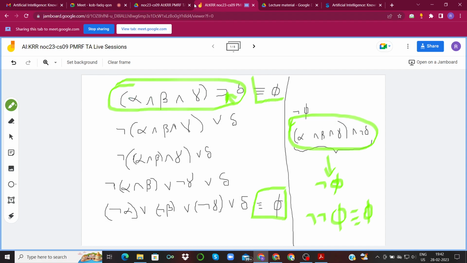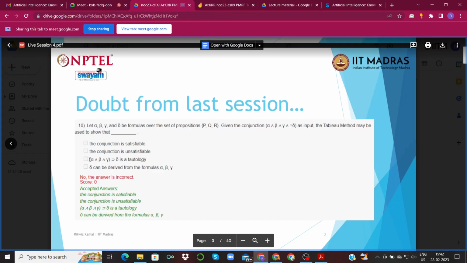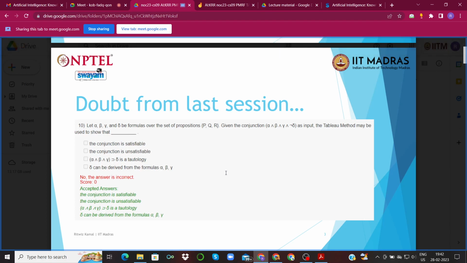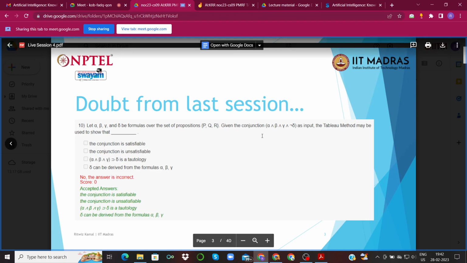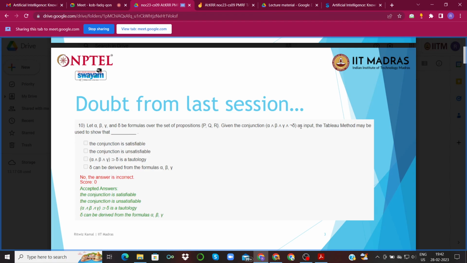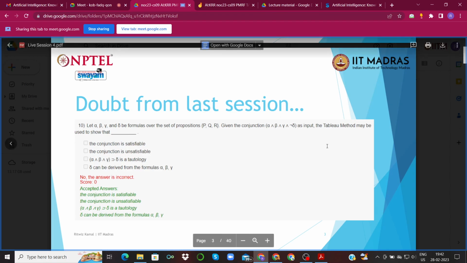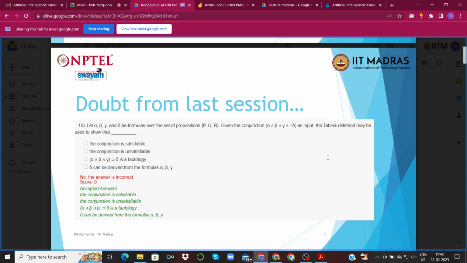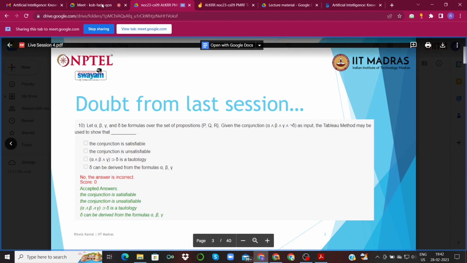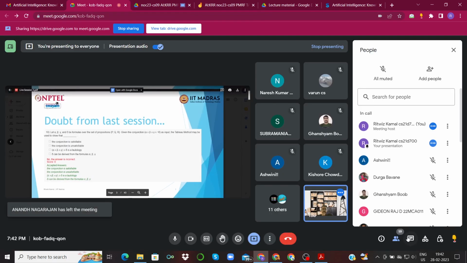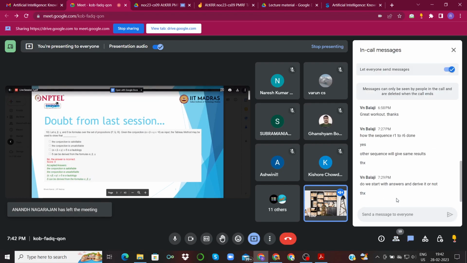Right? Which is what one of the options says. We are able to prove that this is a tautology and hence this is a correct option. In the question that we had discussed, one of the options asked, can we prove that the conjunction itself is a tautology? That we cannot prove, because we are giving the conjunction itself as input, right? And if that is unsatisfiable, we will only be able to prove that the negation of that is a tautology, not the conjunction itself. Okay, so I would urge you to revisit both these questions, this one and the one that we had discussed in the second live session, if I remember correctly. And I hope any doubt that might be there in any minds would be clarified.